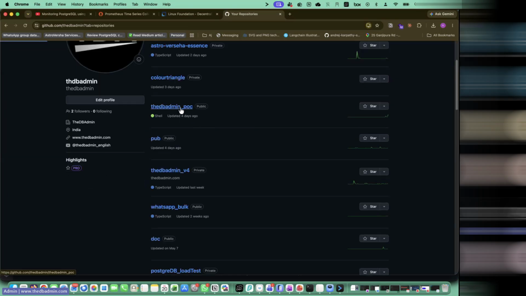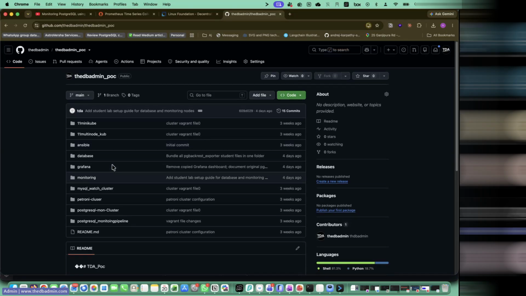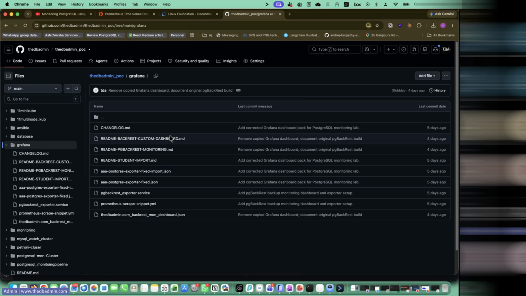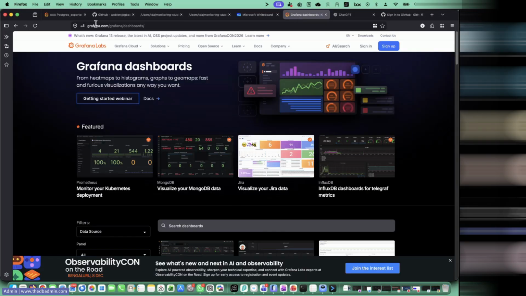TDA POC. You go here, because last time it was not working, right? I was not getting all these. So go here and get the correct version of everything. Even PG backrest I have also configured. Let me show you one by one. Let's talk one thing at a time so that you are not confused. Okay, so first thing,